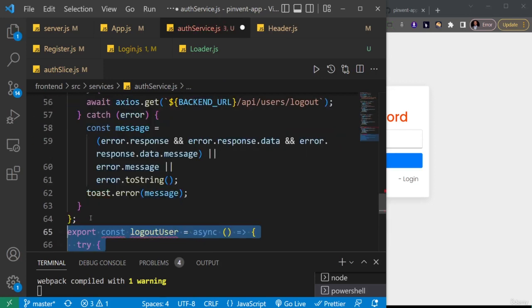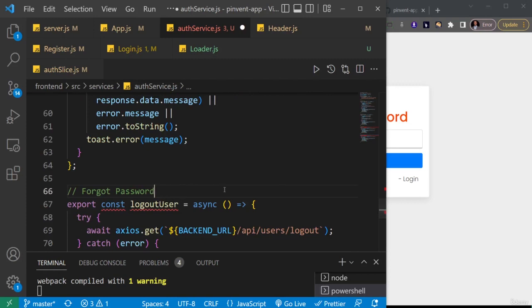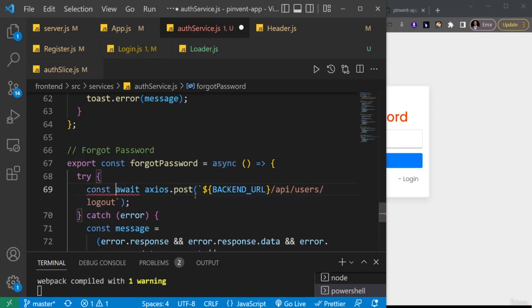So let's add a comment and say forgot password. And then of course I'll change this function name also to forgot password. Okay, great. So now when we want to forget a password, in other words, when we want to request for a reset email, first off is axios.post. It's a post HTTP method,